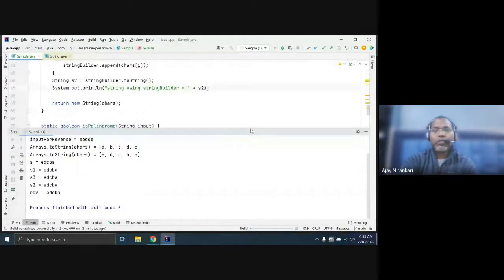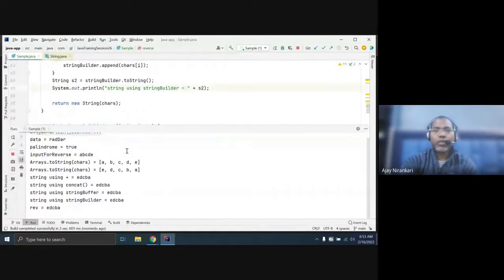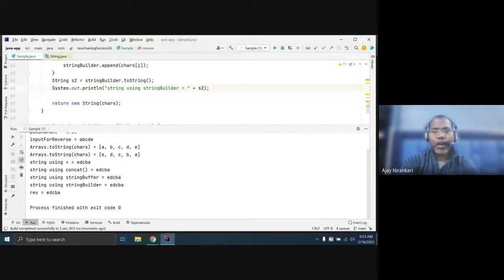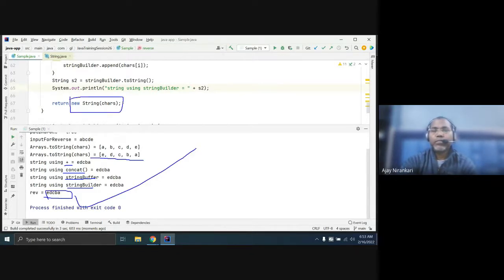So now you have options: whenever you have an array of characters, you can convert it to a string using the plus operator, concat operation, StringBuffer, StringBuilder, or the new constructor. This is the preferable way. Use this way. Any doubt on how to convert your character array to a string object?